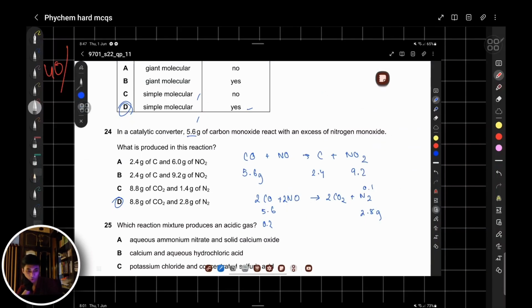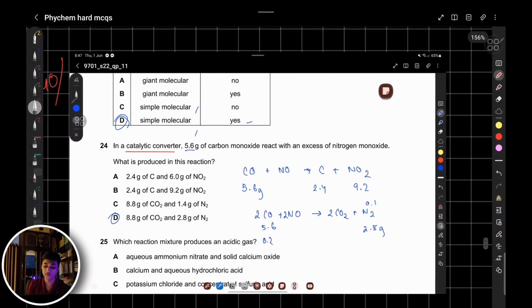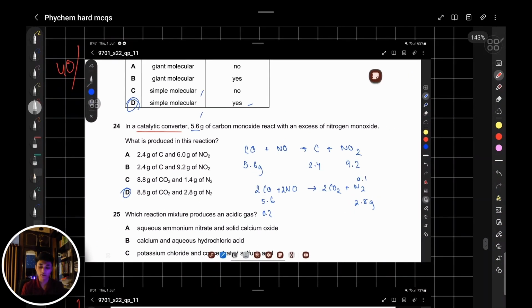Okay, question 40. In a catalytic converter, 5.6 grams of carbon monoxide react with an excess of nitrogen monoxide. What is produced in this reaction? So they've already mentioned catalytic converter. Not in any random equation, but in a catalytic converter. What is the product going to be? So specifically for a catalytic converter,